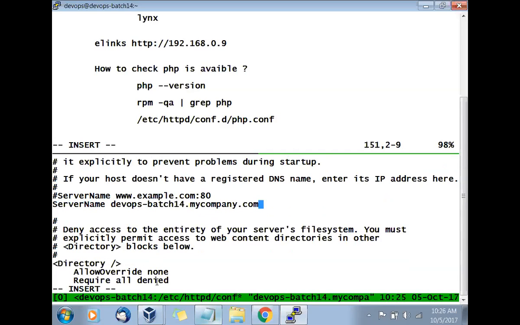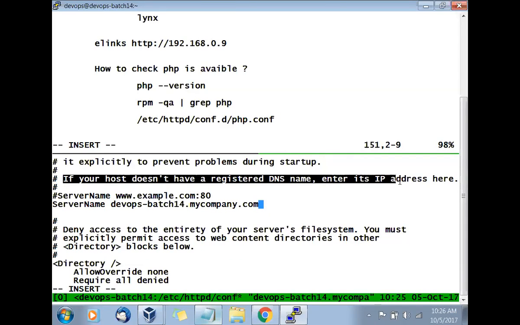You can define either this or you can fix the /etc/hosts. So there are a couple of ways of fixing that. There may not be one answer or one solution. You see what it says: if the host name doesn't have a registered DNS, enter its IP address here, or you can go directly with the IP address, no problem. But instead of DNS, what we did was use /etc/hosts.